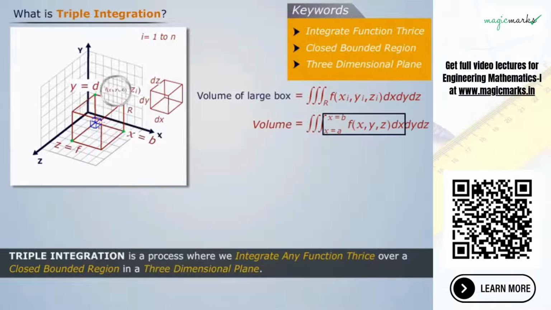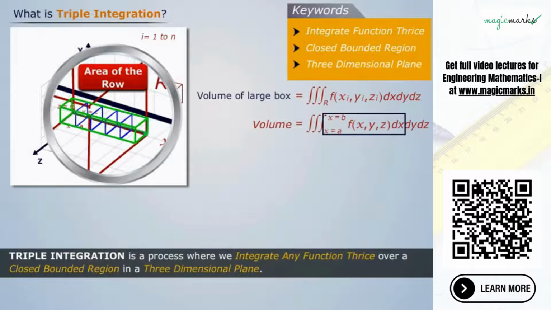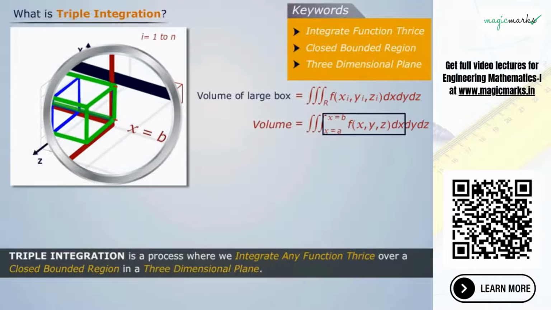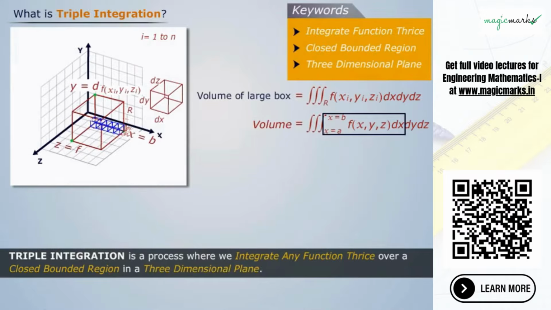Thus, integrating the function f(x, y, z) with respect to x, we get the area of the row whose width is dy and height is dz. Let's name this new function as g(y, z). We see that this function g(y, z) depends on the variables y